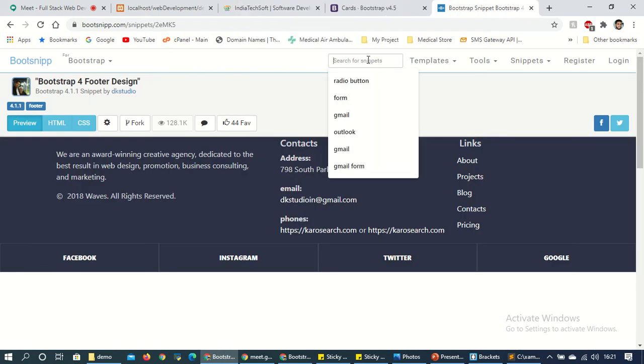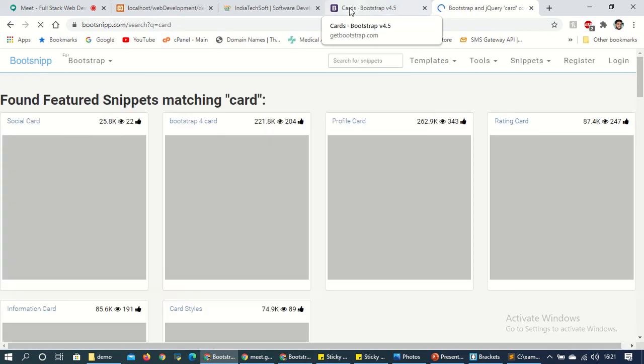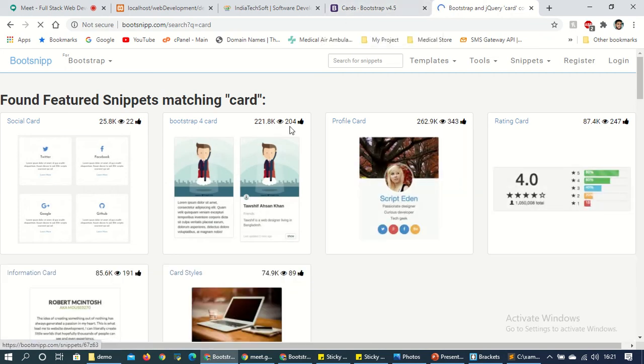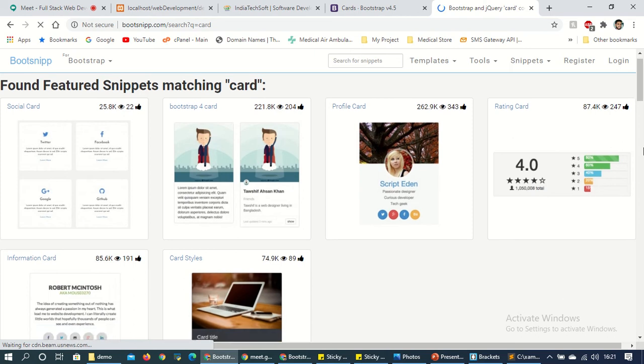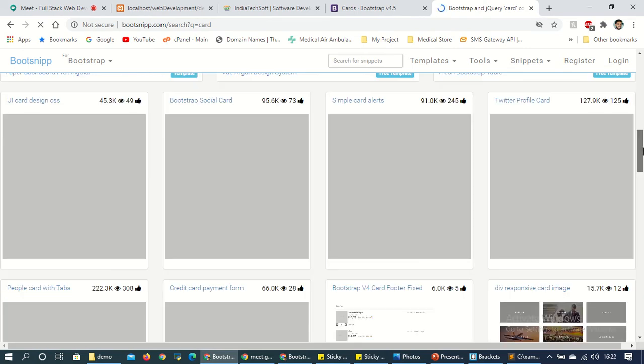Here you just have to search card. See, one card is here in Bootstrap. And now in Bootsnip, again I have searched card. So I found this card, and come on, it's loading.